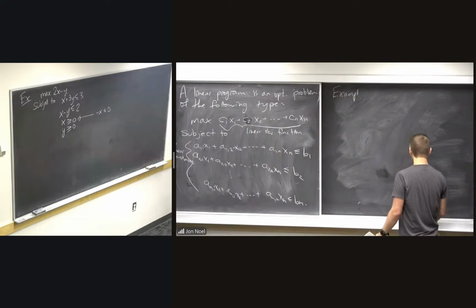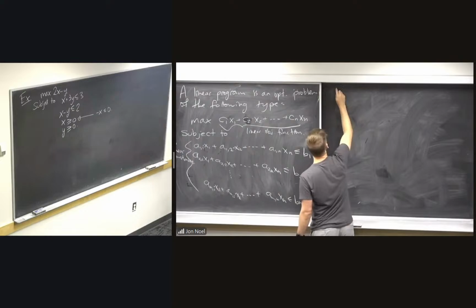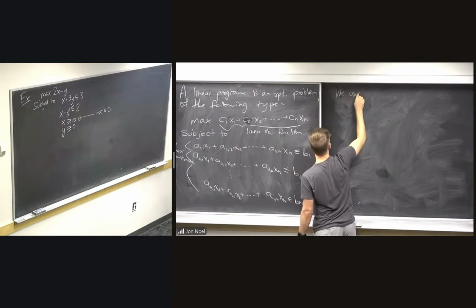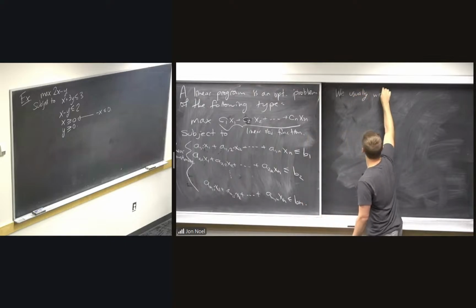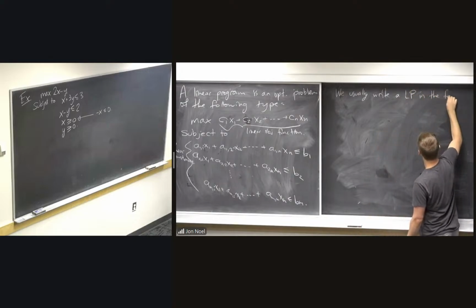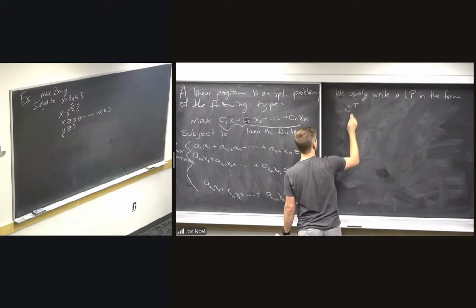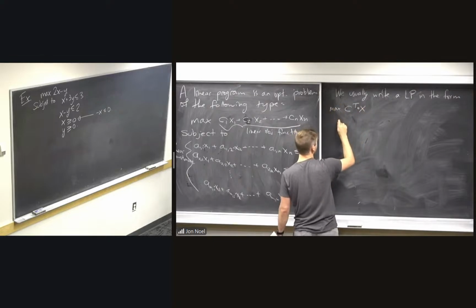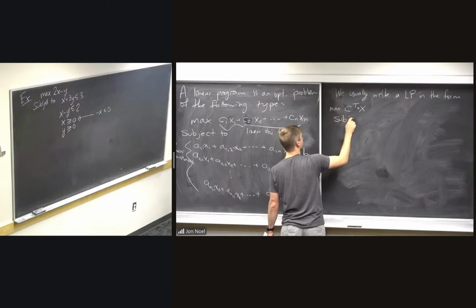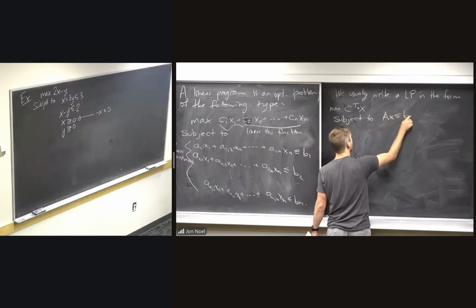So we usually write a linear program in the form: c transpose times x, maximize, let's say, or minimize, whatever, subject to A times x at most b. Okay, where